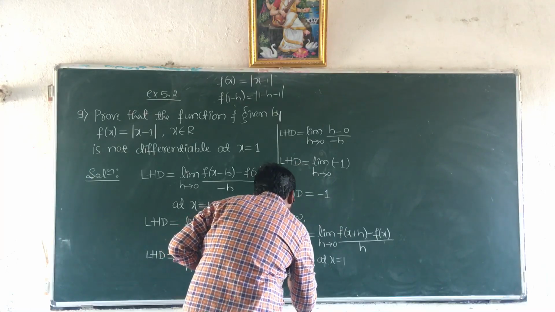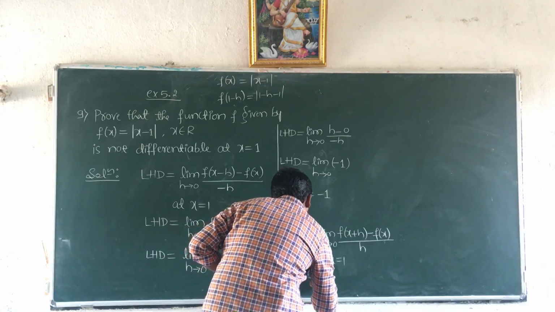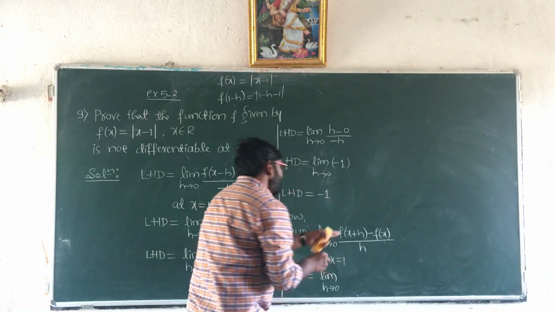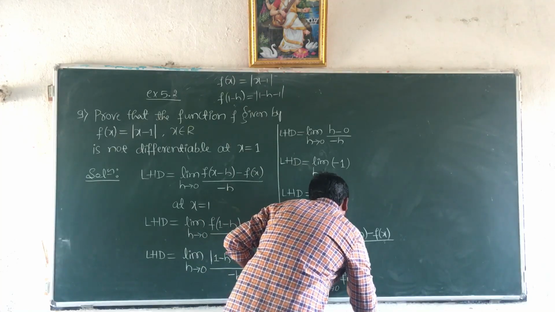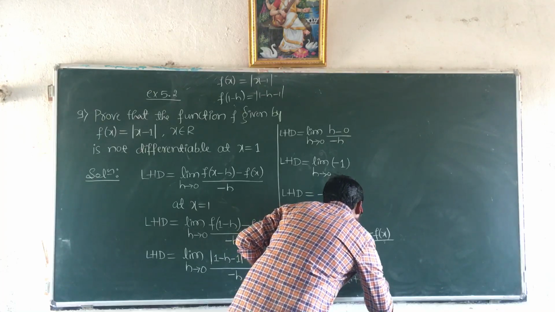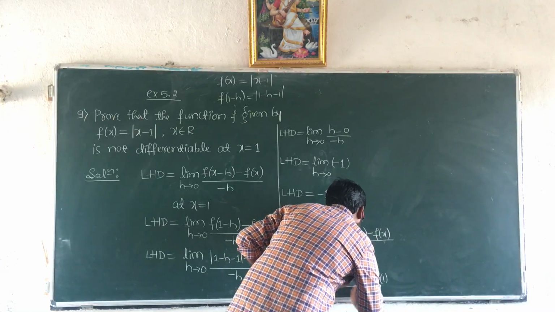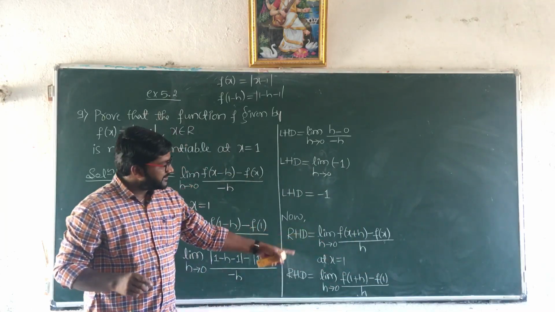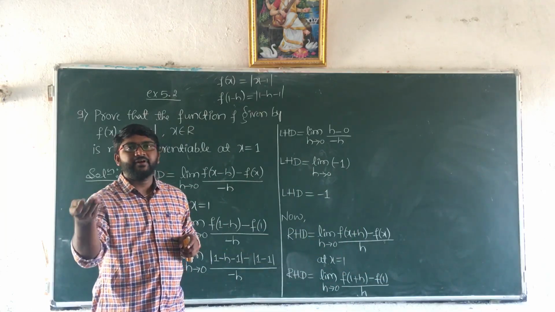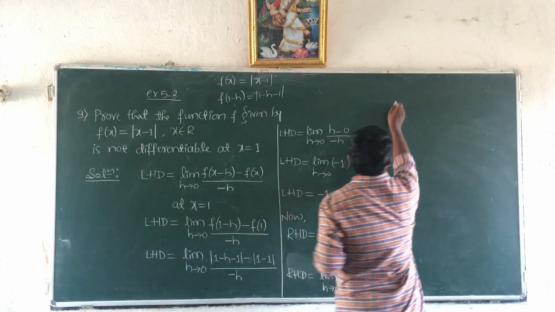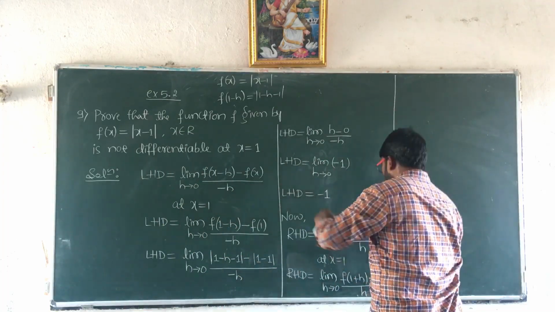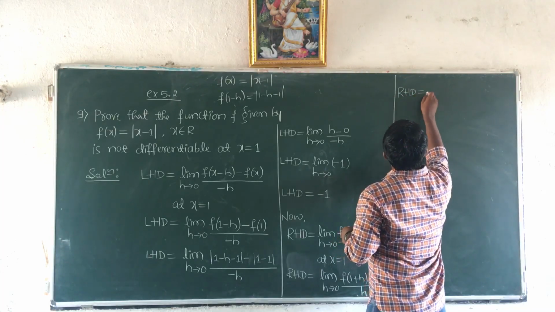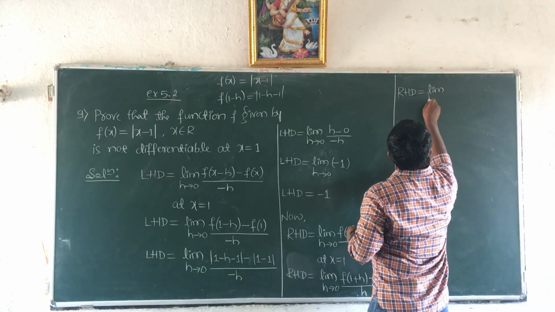So right hand derivative is equal to limit h tends to 0, f of 1 plus h minus f of 1 divided by h. Now what is the value of f of 1 plus h and f of 1? That we will have to substitute. So here the right hand derivative is equal to limit h tends to 0,